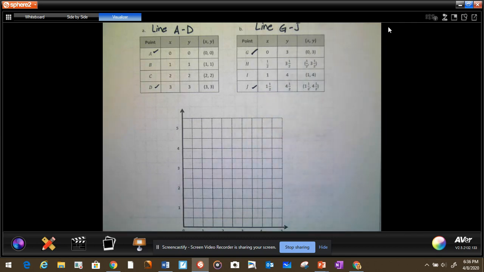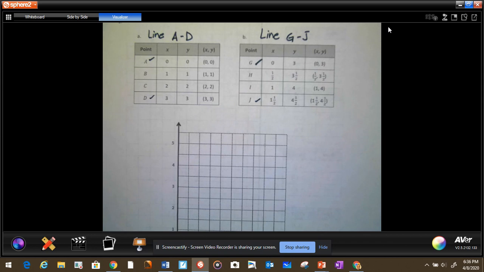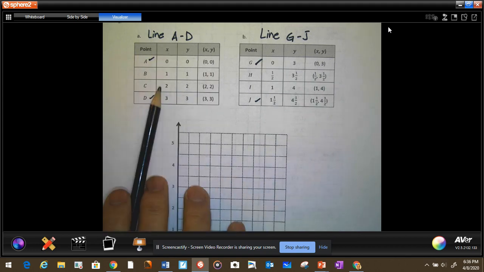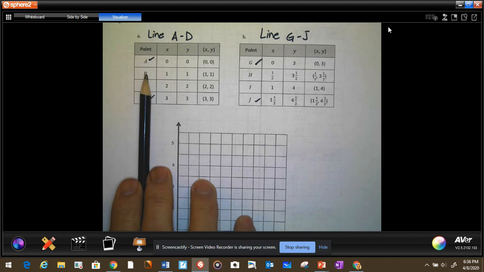Before we do anything else, we're going to look at something very important. We're going to look at patterns. This is crucial for you to do. When you're doing this activity, make sure you are analyzing your table. So if we look at this table right here,